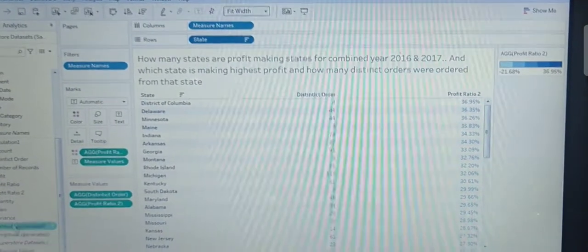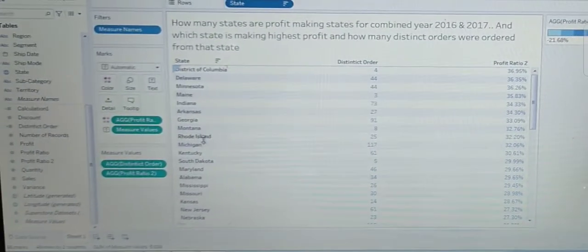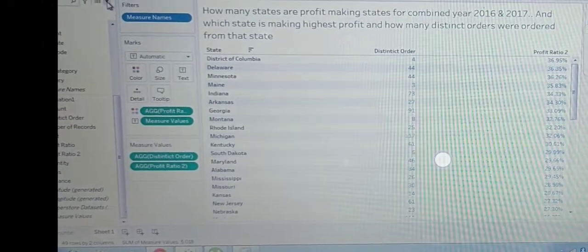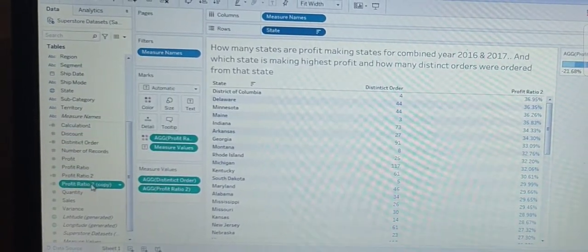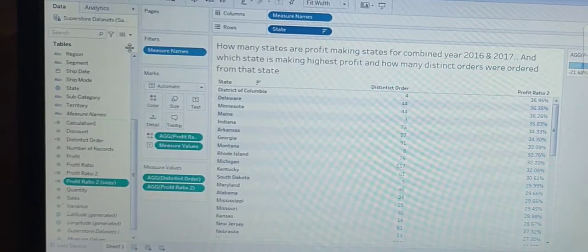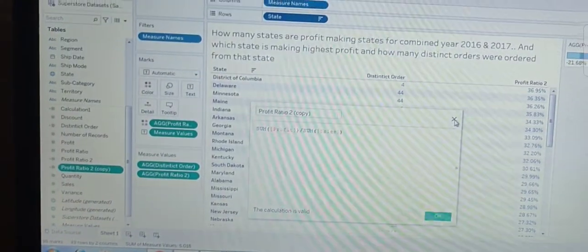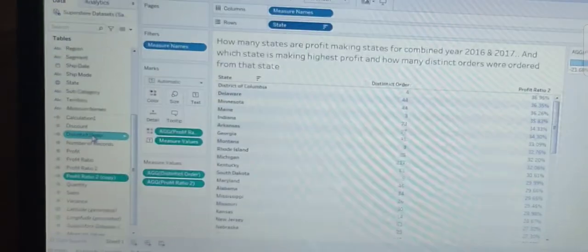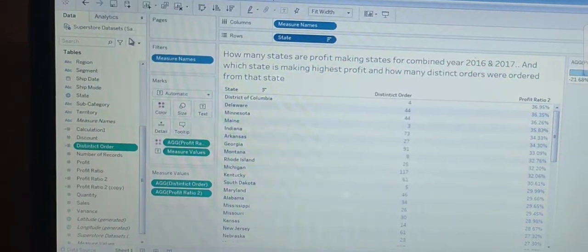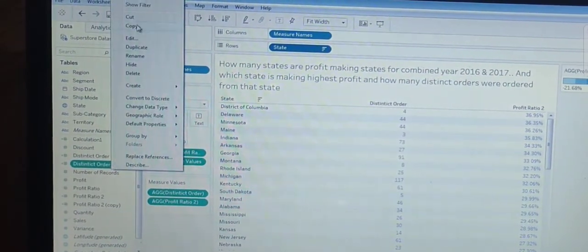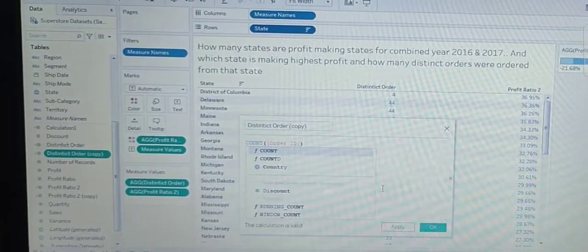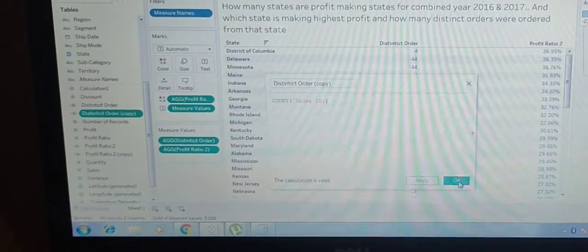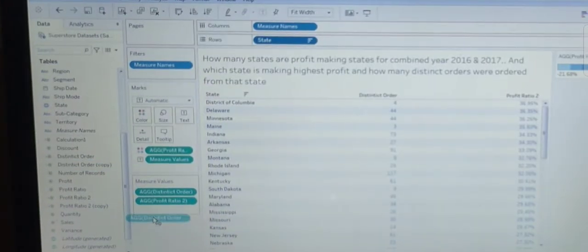If we remove the distinct order and we need all orders, then you can create another calculated field, or we can just duplicate this one. Duplicate, then edit, and just remove the D from here, only count. Okay, and just drag it in here.